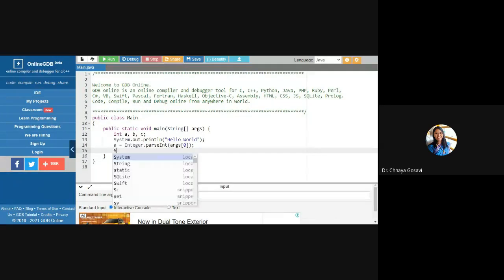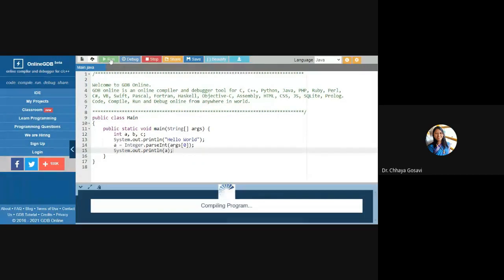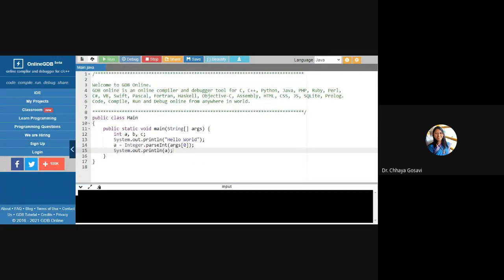Just check whether it is able to get value in A. Yes, it has read A. So same thing, I have to do it for B.